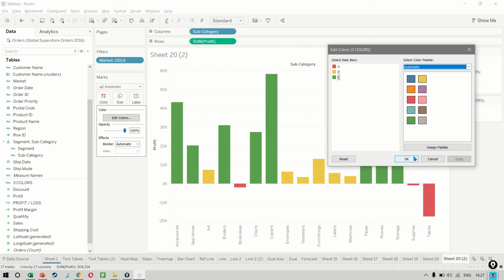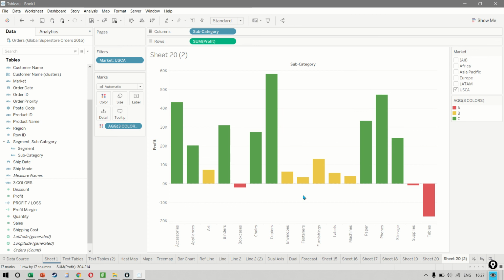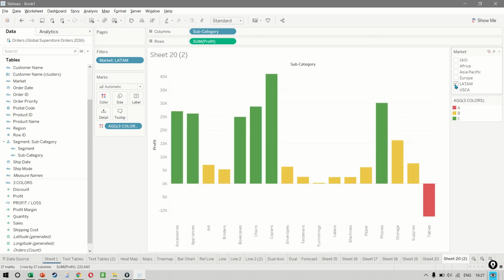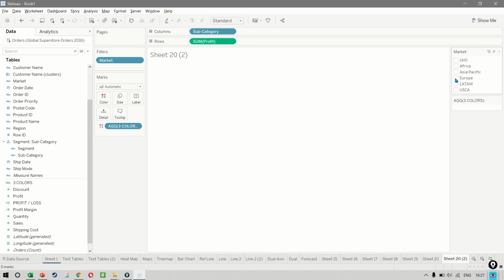And when we apply this, we get this great result where we can see that for each of the markets and for each of the subcategories, how many of these subcategories are falling between 0 to 20, above 20, and less than 0. So again, if I move between my different markets, you can see that the results change.